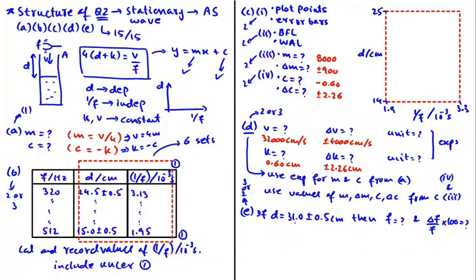Now see students, value of D is 31, which is clearly outside the range of the graph grid. So we cannot use graph to determine the corresponding value of f and then percentage uncertainty in the value of f. So in this part, to determine the value of f and percentage uncertainty in its value, we will have to first obtain an expression for f. So students, in part E, to obtain the expression for f, we always use the original equation. And by original equation, I mean the equation given at the start of graph question, this equation. So we use this equation to obtain an expression for f in terms of v, d, and k,